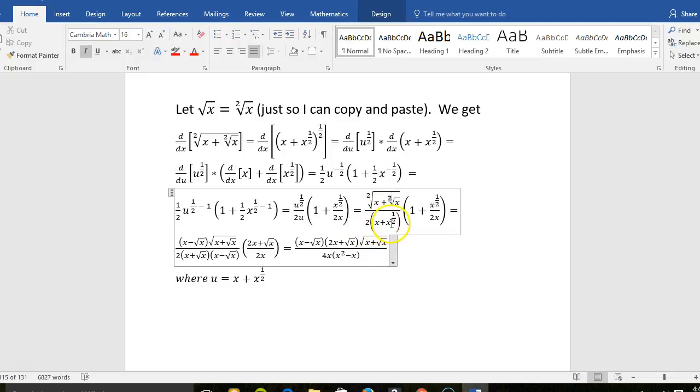And then we got now 2u down here. Again, u is x plus radical x, but now we got to put a parenthesis around it because we're distributing 2 through it. 2 is being multiplied by the whole thing. And then times, distributively, 1 plus, now we still got this x to the half over 2x. Well, if you want to, you can go ahead and make this square root of x already. But anyway,